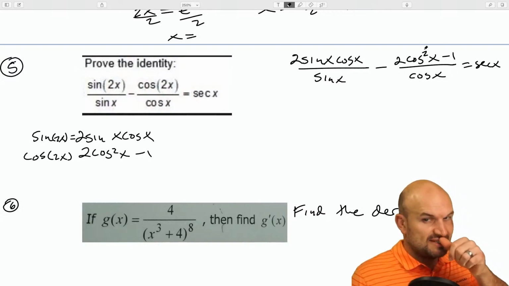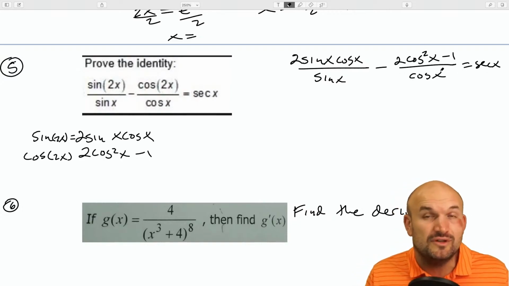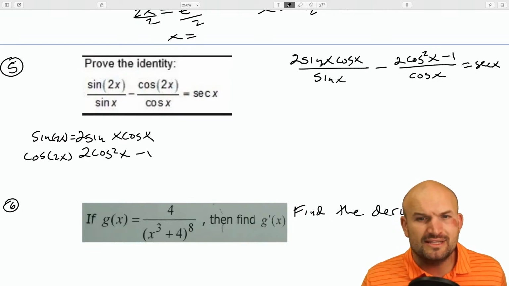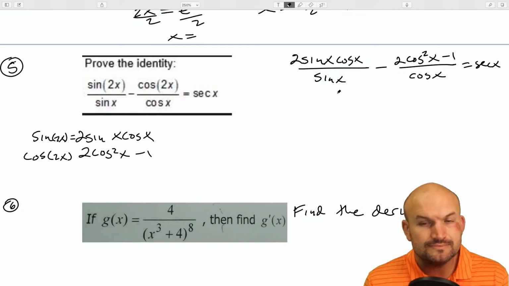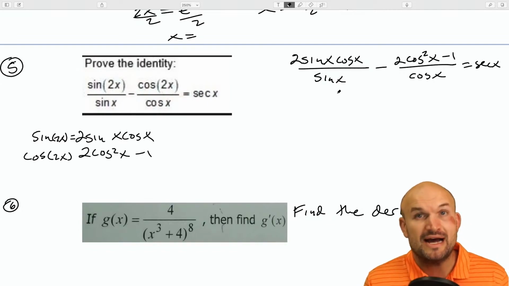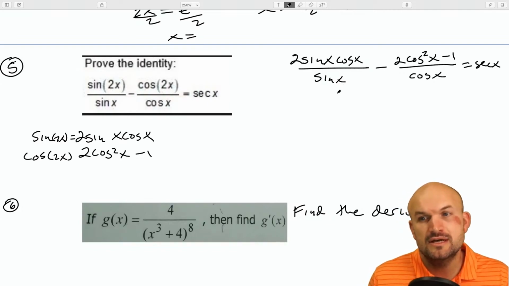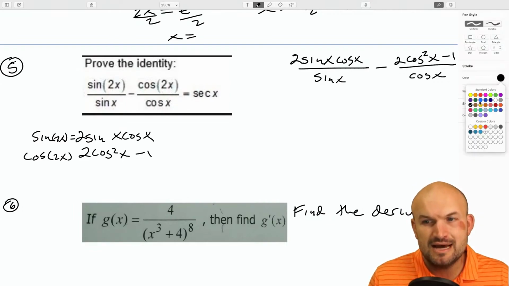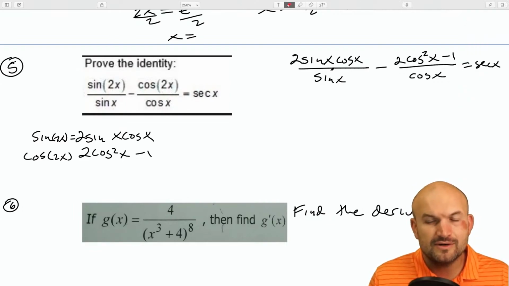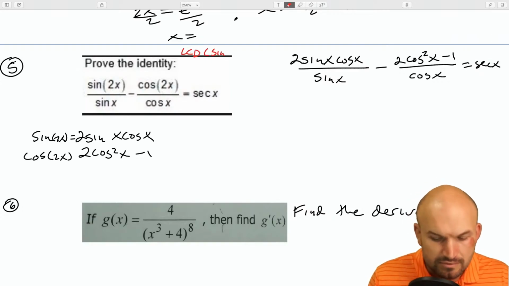But the reason why I chose this one is I didn't really know. Actually, I really just kind of picked it. I think the one thing I saw is the next step that we're going to want to do in this case is combine them, right? So you're going to want to get common denominators. So once I knew that I needed to get common denominators, I figured, all right, so the LCD here is going to be